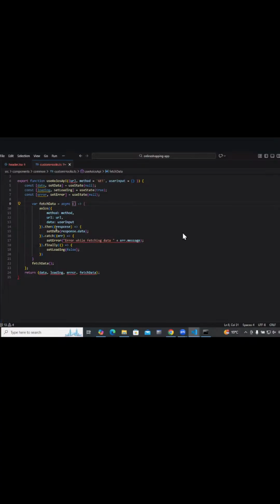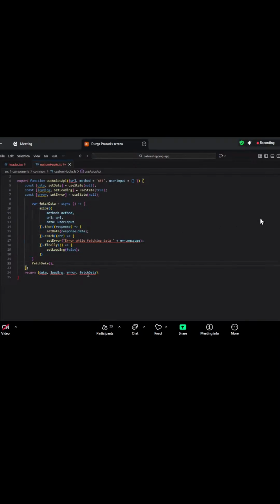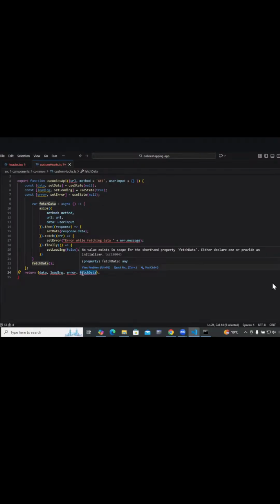Okay, fetch data is an async method, and it's going to use the Axios method, etc. You will remove the test data from the climate method.